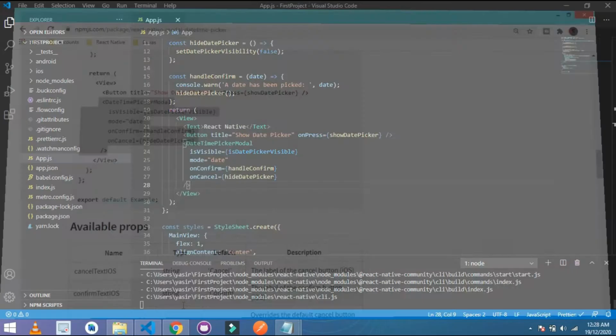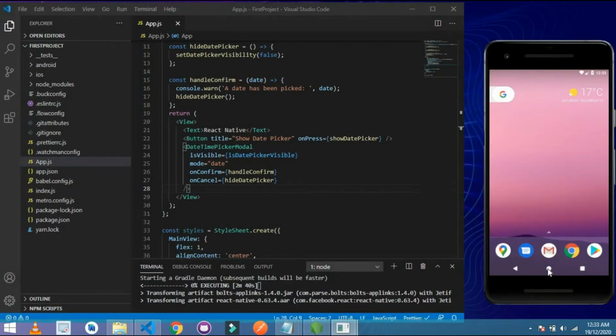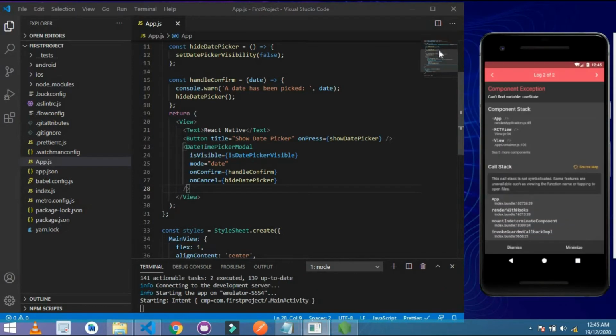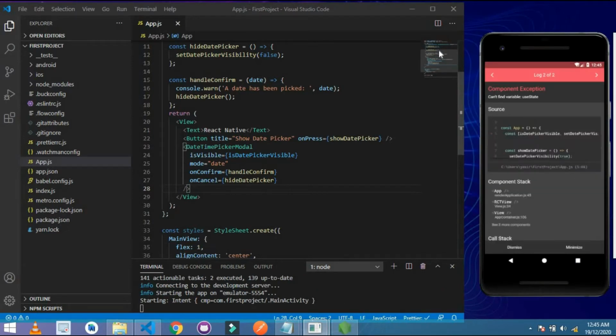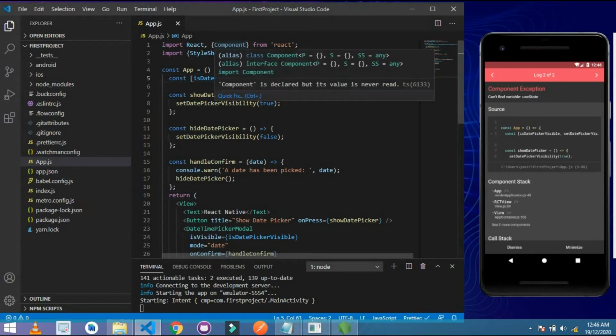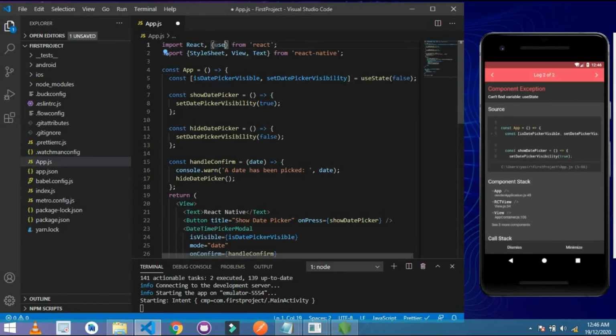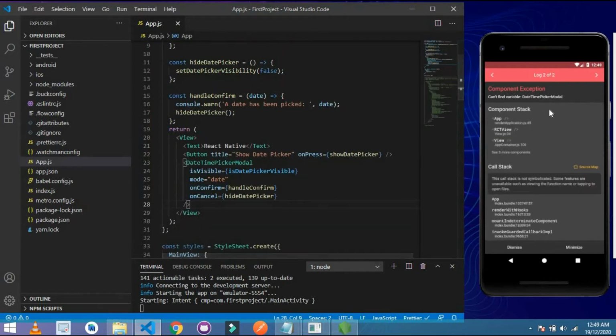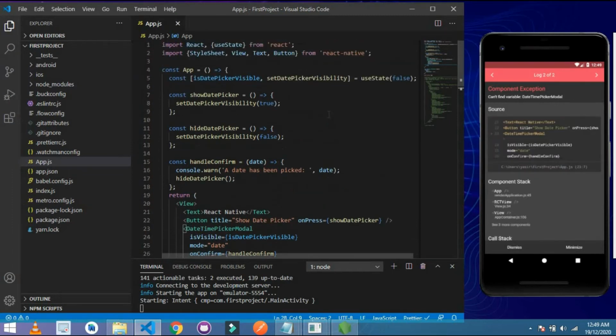Close my Google Chrome. So our app is running and there is an error: cannot find variable useState, because we didn't define this useState anywhere. So simply write here useState, and also I import Button here because I use a button in my code. Now control save, and here is an error of DateTimePickerModal. I forgot to import that file from Chrome. Paste it here and again control save,